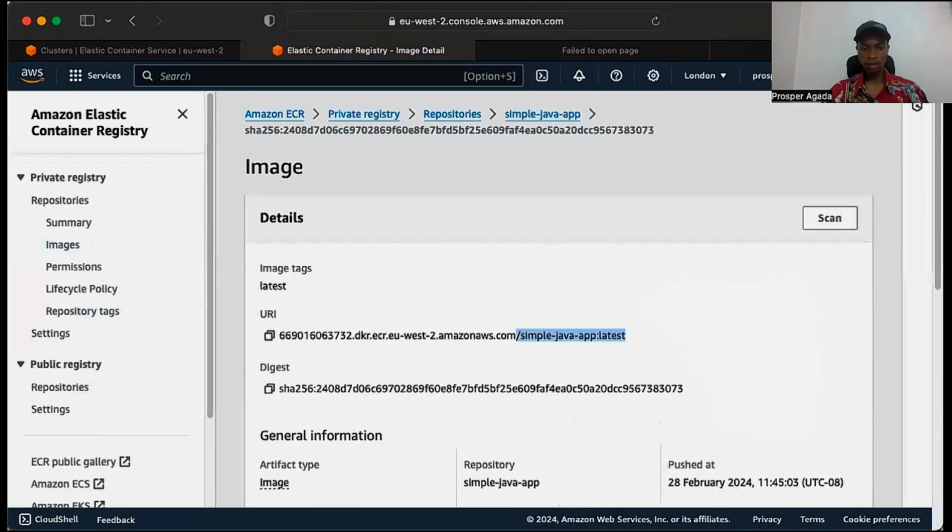All right, so this is cool. The next step is now to deploy this application on ECS. So the first step is to create a cluster on ECS. Okay, so we'll go to ECS,